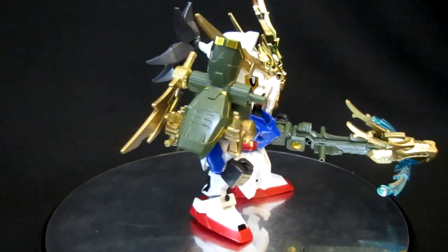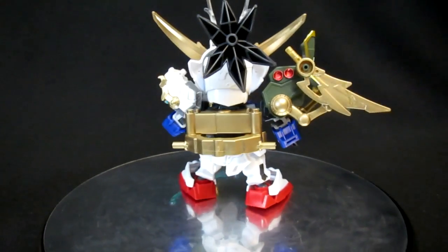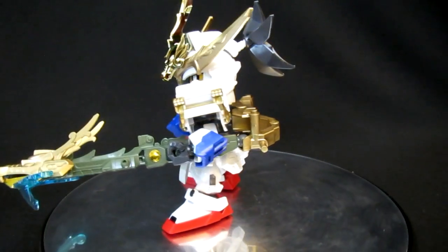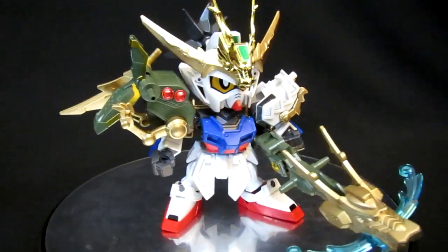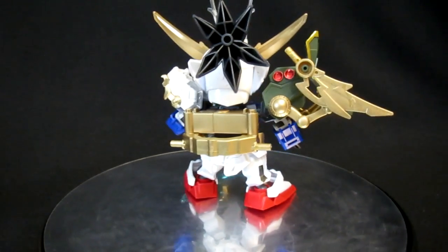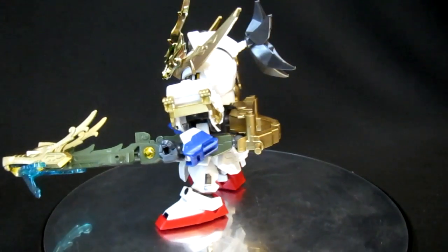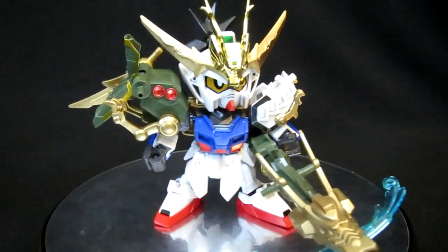And I'm telling you, some of these things are just absolutely astonishing. Where you did add the one wing on over there for the Sword Striker pack, you can also go and add it on the back. This is going to look horrible, but unless it's rotating on a base, you're probably never going to see it. But the fact that you can actually have this come well through under the arm there, you can move it around because it's on a ball joint, and look at this. You can actually have the left hand down, twist into place, and actually hold the grip. I've seen much higher grades of Gundams that can't do it all that well, and this is an SD we're